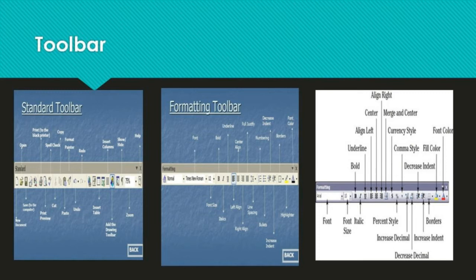Next one is the object toolbar. Object toolbar is displayed on the left side of the MS Publisher window. It allows the user to insert objects like text box, tables, auto shapes, word art. If you want to do any art in the word, we can click on that. If you want to create some shapes, we can do it. If you want to make a table, you can do it with the help of the object toolbar. These are the three types of toolbars present in MS Office 2007.